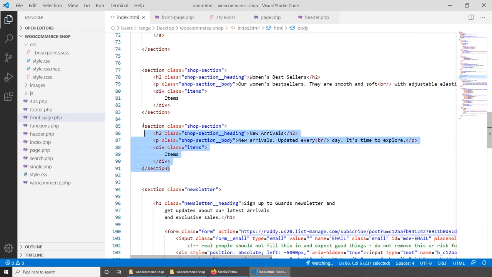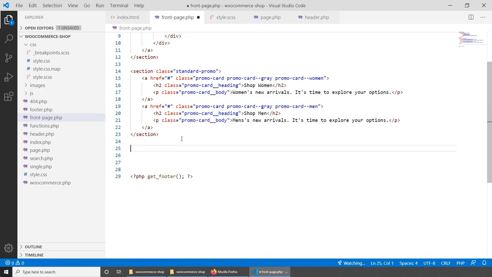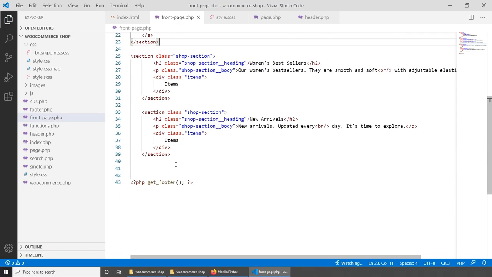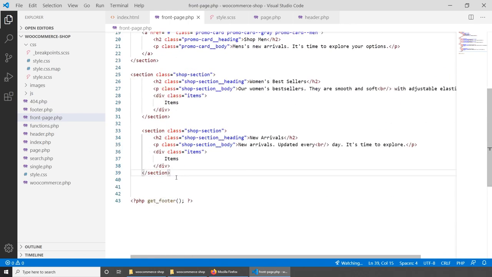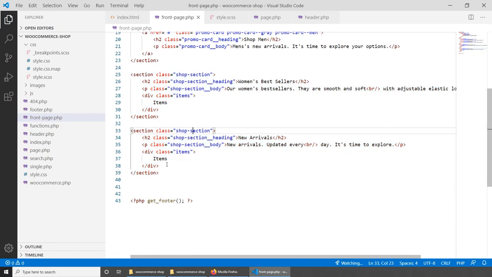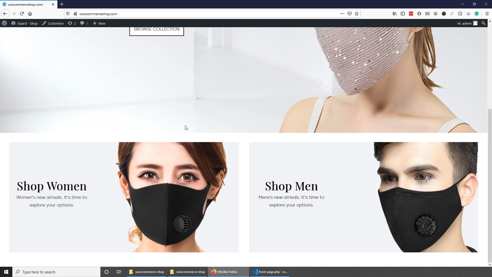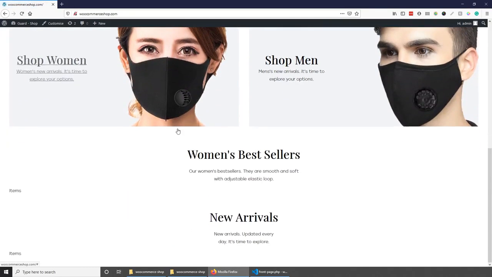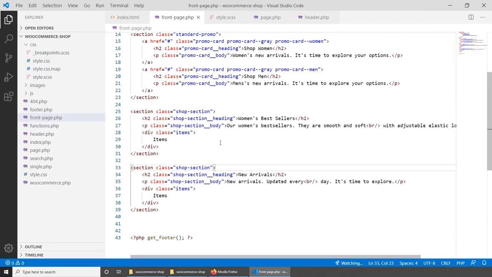This will be the best sellers, like this. Save. And let's format this a little bit better. That would do. And let's refresh the page and scroll down, and as you can see we have woman's bestseller now and new arrivals. Okay, and now to do the woman's bestsellers, it's actually fairly easy. We can go to the front page, and inside here where we have items,